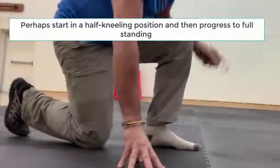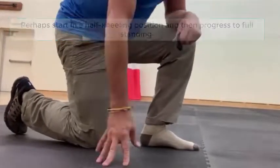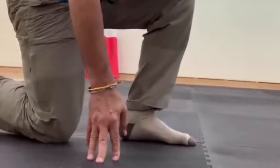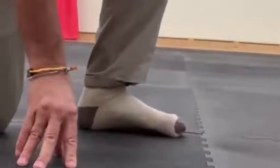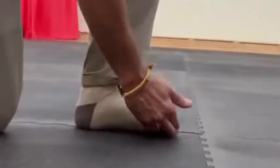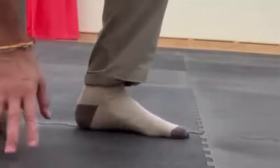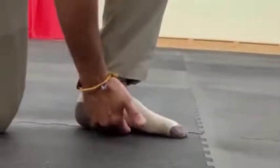I would probably do it in this position first where it's not too loaded, and over time you could progressively stand up and do it standing up. The whole idea is just to try and lift that arch off the ground. But don't lift the heel off the ground. Don't curl your toes. We don't want to curl the toes up and end up kind of like I'm doing right there with a toe flexion. So keep the toes kind of dug into the ground, and you're just trying to lift this arch